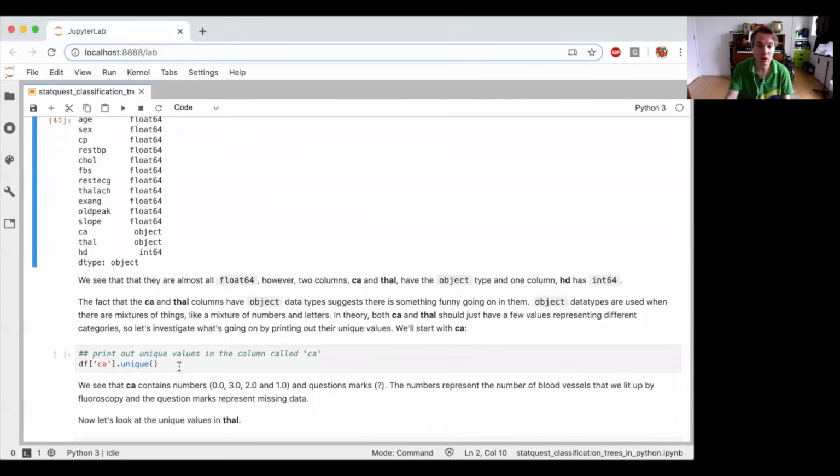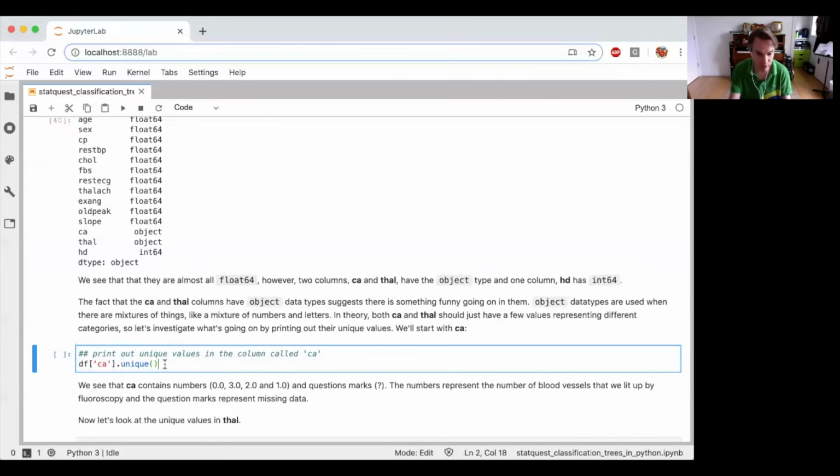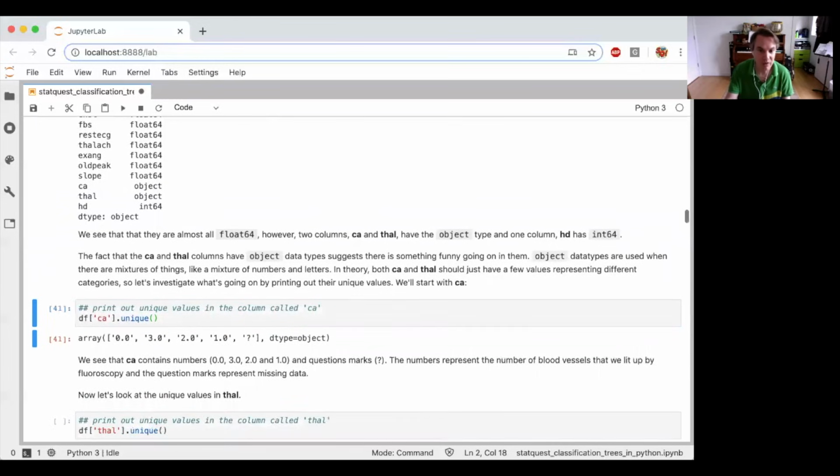Anyways, so what we're going to do to investigate what's going on in these columns is we're going to print out their unique values. So we're going to start with CA. So we've got data frame, and then in square brackets and single quotes, we've identified the column we are interested in. We're interested in the CA column, and we're interested in seeing the unique values. So we're going to use the unique function to print out those values. So we run it, and we see that CA contains numbers 0, 3, 2, and 1, and question marks. The numbers represent the number of blood vessels that were lit up